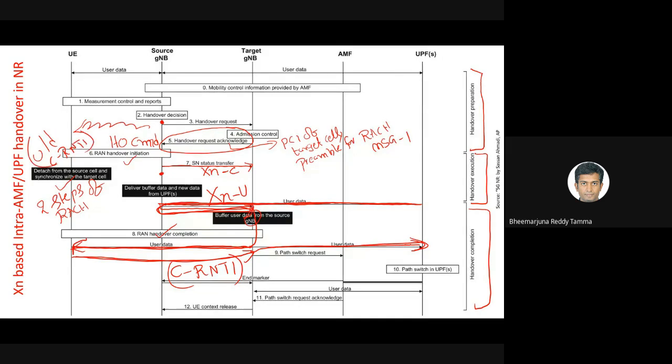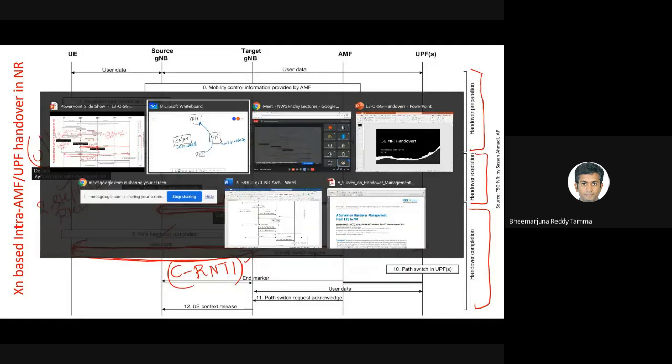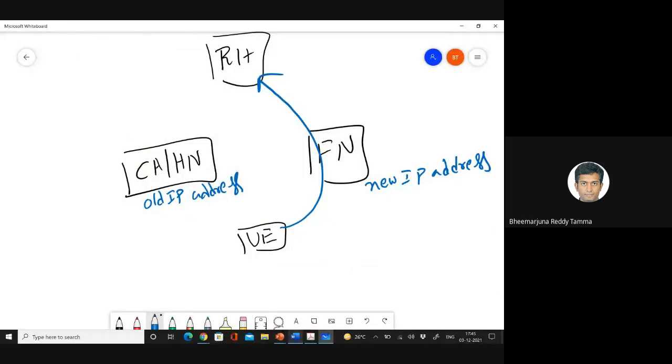Whereas from the IP address point of view, it is still the same, because the IP address was assigned by the core network. That remains the same no matter which target node you are connected with. So the uplink data will go like this, whereas the downlink data, because the remote host knows only your old IP,